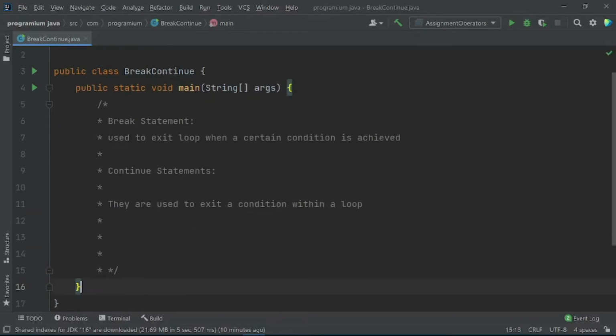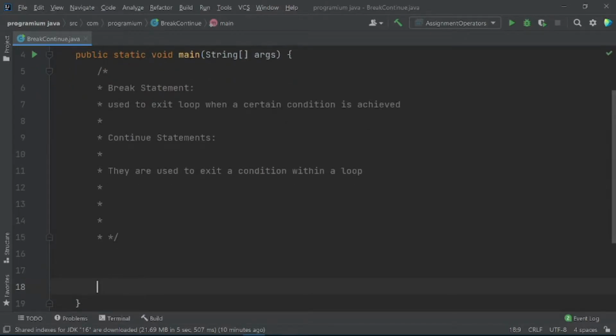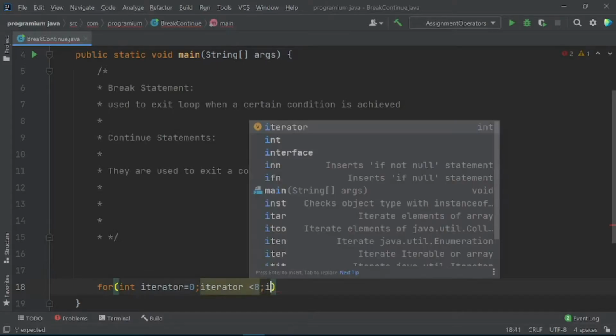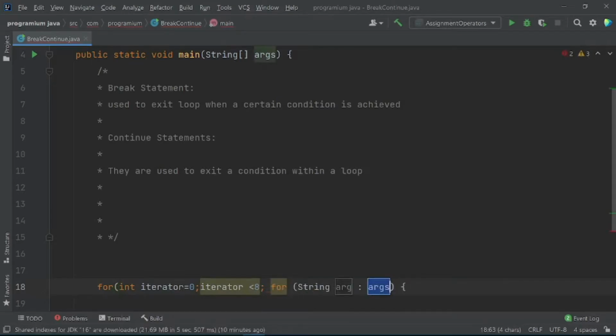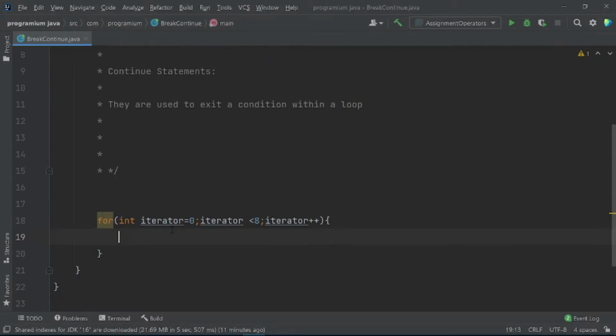So to see how these statements work, let us first create a for loop here and declare an iterator i equals to 0, and that iterator would have to go until, we can say, 8, and then every time iterator plus plus. So guys, what are we going to do here?